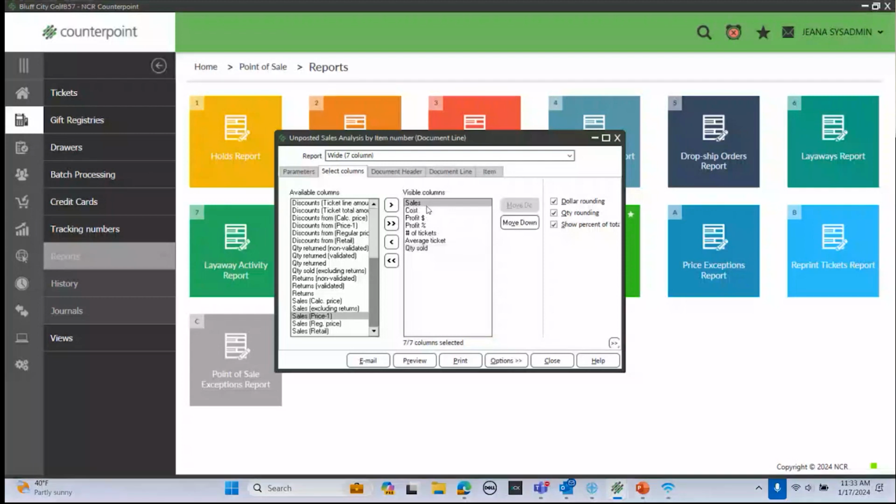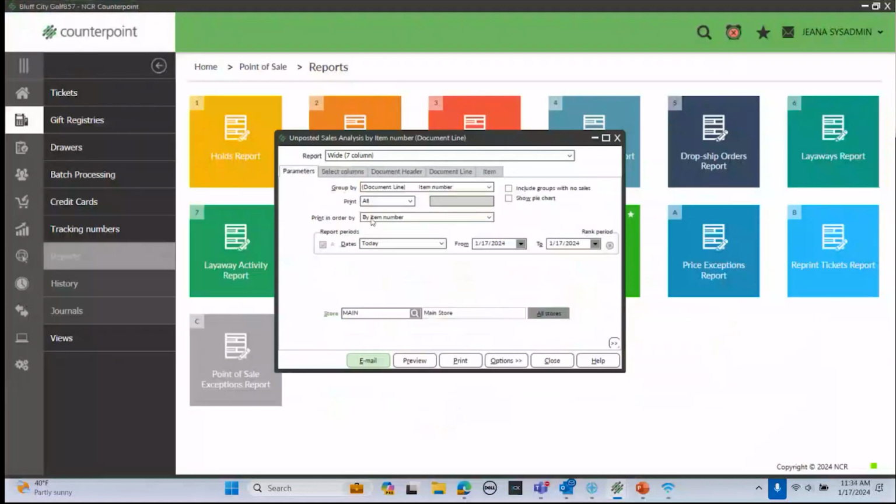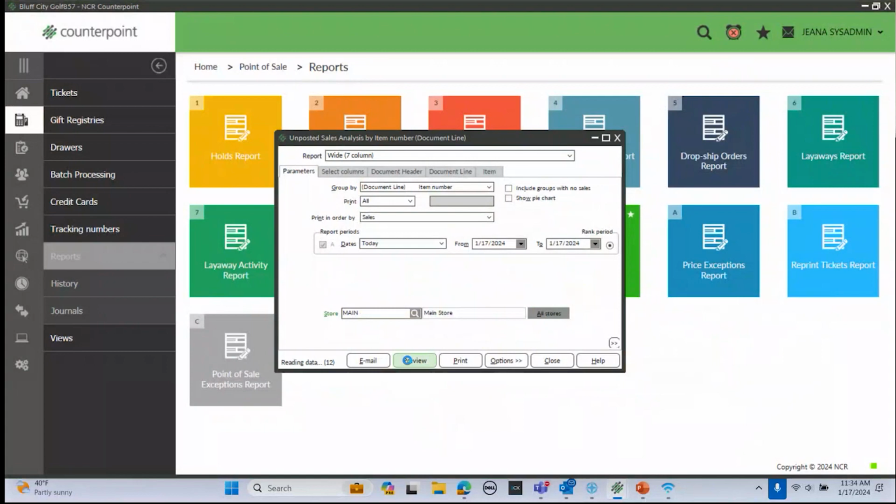Now I can just preview. And there's my sales by item report. And I want you to notice that it's printing in item number order, which is okay. It'd be nice if it printed differently. Maybe I want it to print in order by the most sales or the most quantity sold. Well, you can. So if I go back to the parameters, instead of print in order by item number, I can say I just want to print in order by sales. And again, I have all these theoreticals, so I just want this one. And so now when I preview,